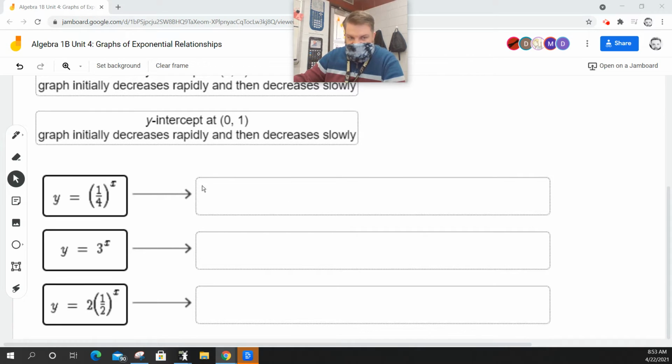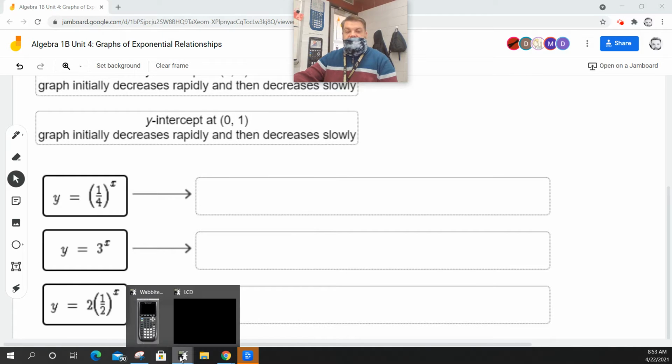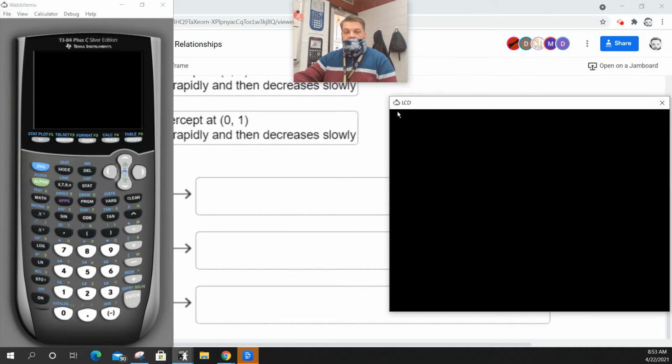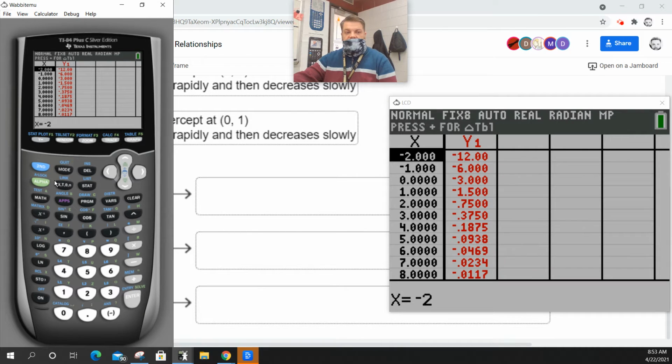But basically, I just got to graph these and then look at the y-intercept. And it looks like from the y-intercept, it's either going to increase or decrease. So grab your handy-dandy calculator. Okay. The only thing you need to write down is the function